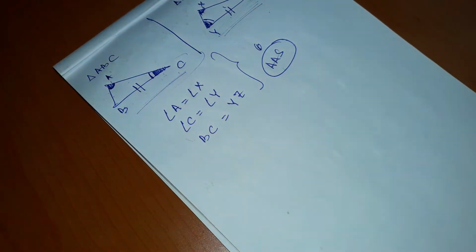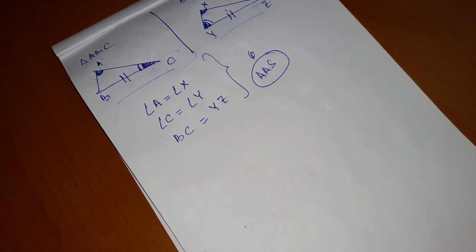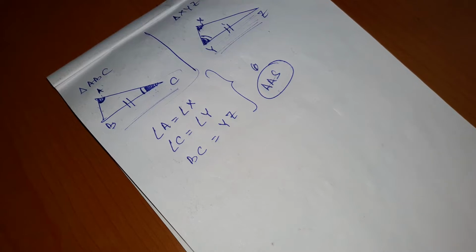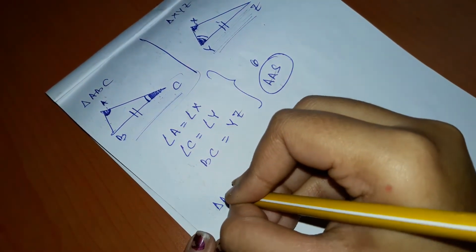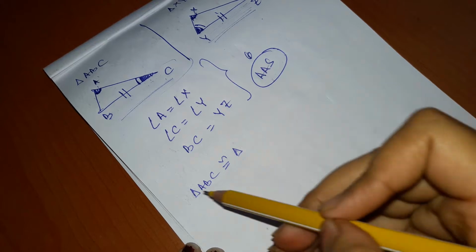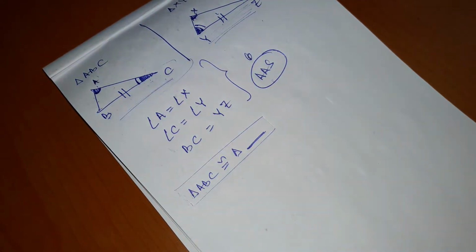So what can we write regarding the order? In the last video, if you remember, we discussed the order we need to follow in congruency, because maintaining order is very important in congruency. So what can we say about the order? Just think about it. Give it a thought. That means triangle ABC is congruent to triangle what? Just fill it up.